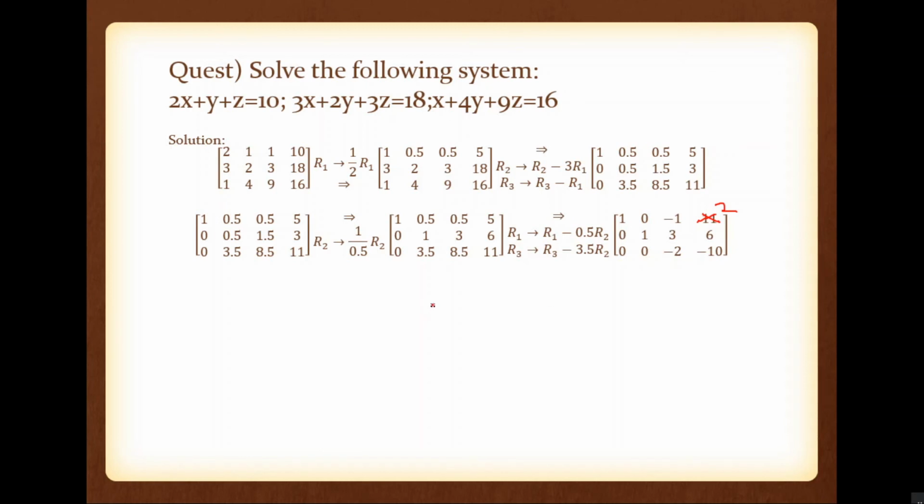So what to do? In third elimination, again 2 steps are there. What is the first step? The third diagonal element, or third pivot, must be 1. So this is third row. So R3 is equal to R3 divided by minus 2. So what we have? This is 0, this is 0, minus 2 divided by minus 2, this term will become 1. Then minus 10 divided by minus 2, that is 5. So this term will become 5.